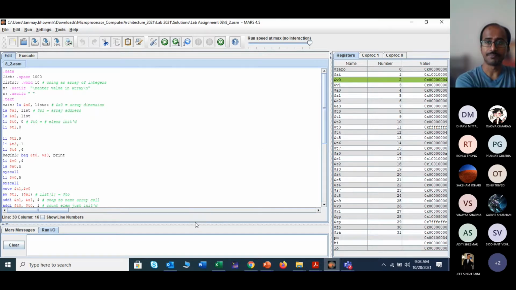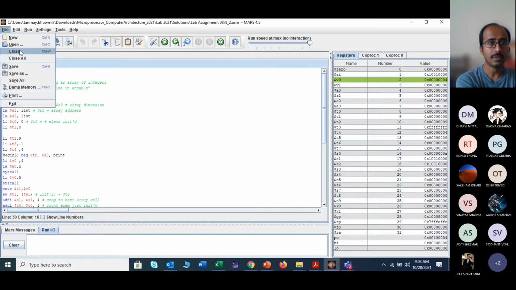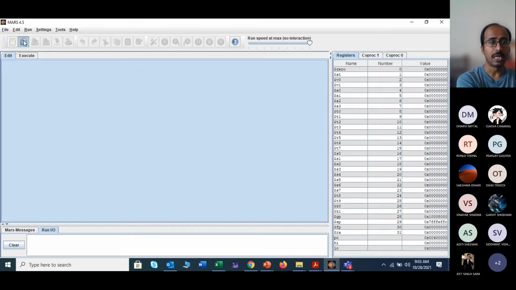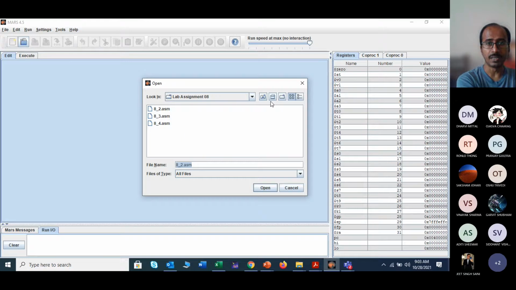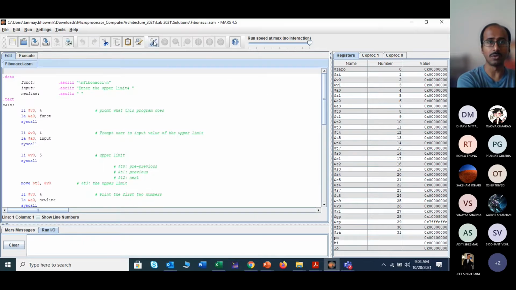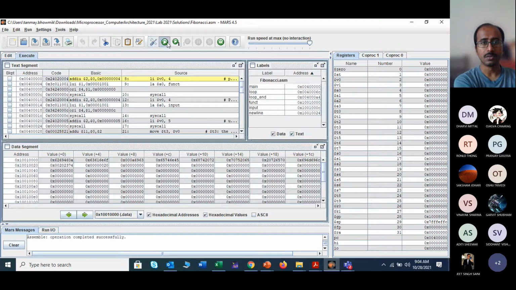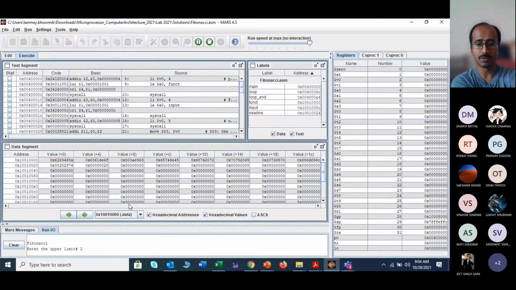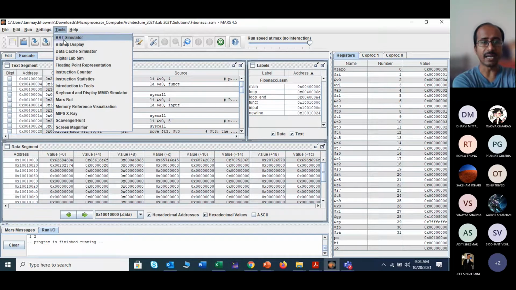Okay, and we can start executing again. I was in between a program, I think, so I have to stop this program. Okay, I have closed it, and if you open anything again, maybe this program I have opened. I don't know whether this program is correct or wrong. Anything you can put, whatever. Now we will open the data cache simulator.